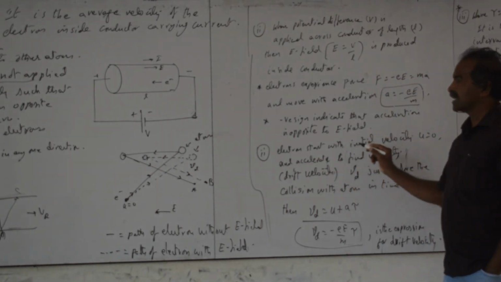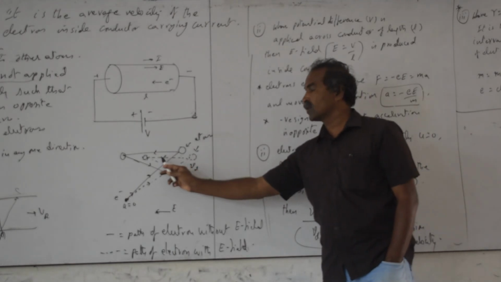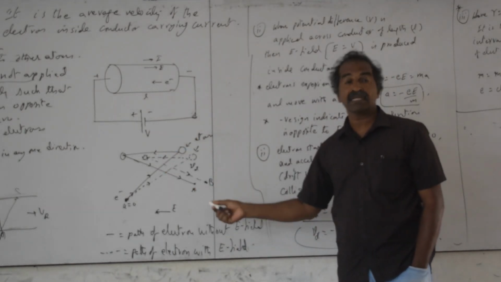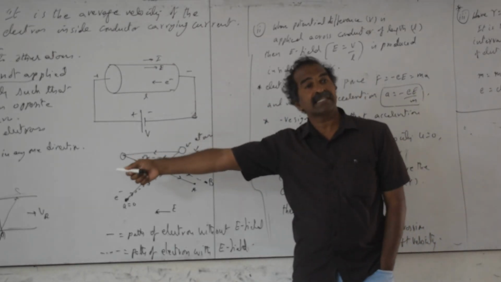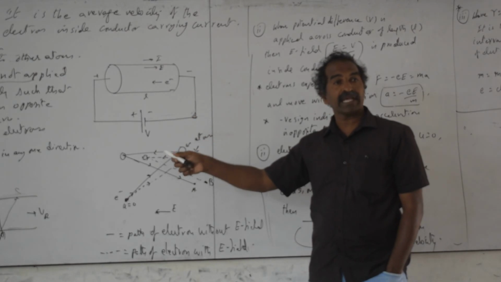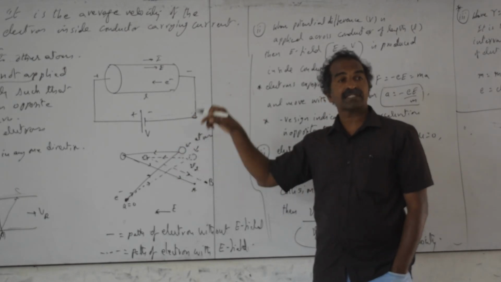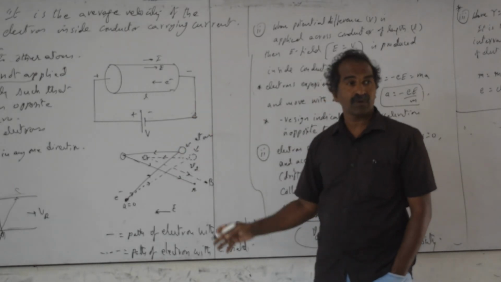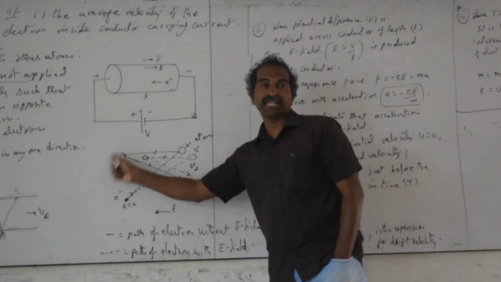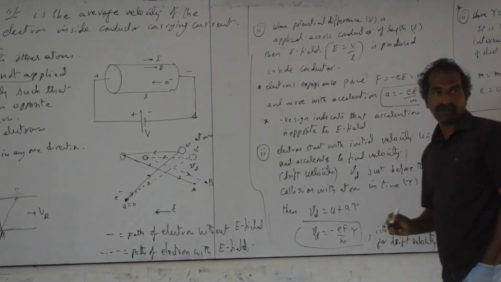The electron does not travel along a smooth path. It has a zigzag path, even after applying the electric field, and before applying the electric field also. But the difference is that previously, overall, the electrons had a resultant velocity equal to 0 and the resultant direction was also 0. But now they have a resultant direction. Altogether they travel in a specific direction, opposite to the electric field applied.